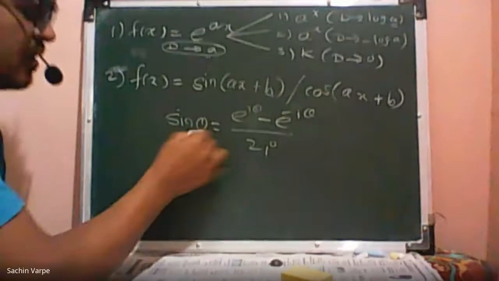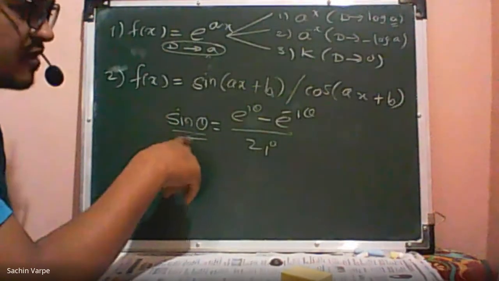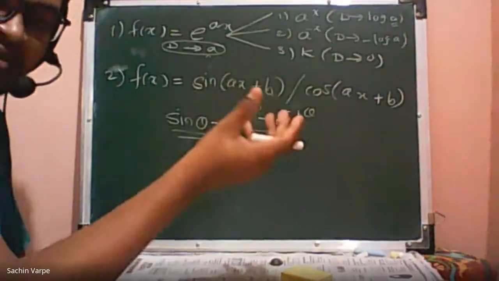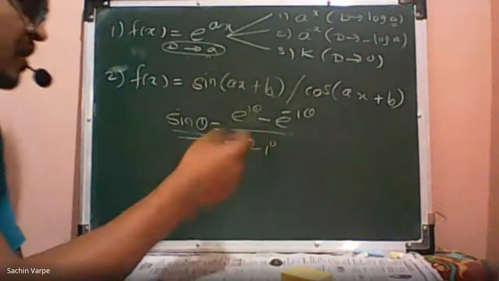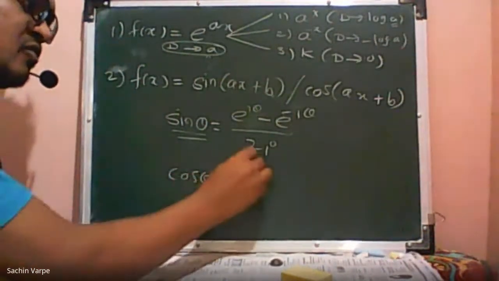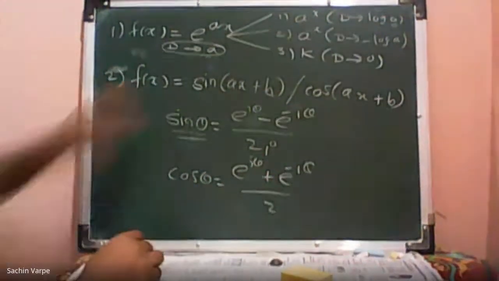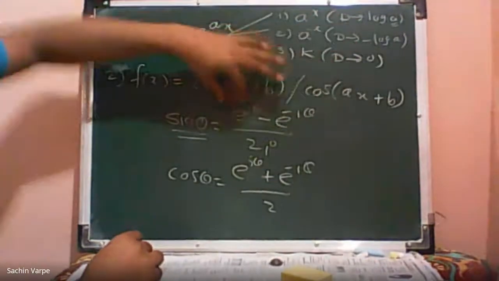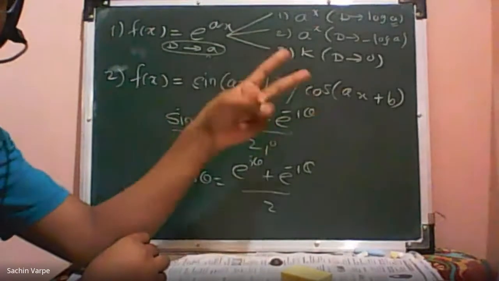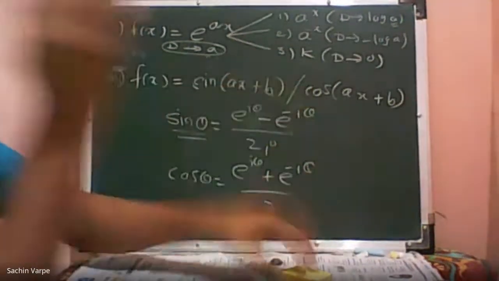A real function or real number, we can express in terms of complex, because actually reals are nothing but the complex, isn't it? Every real number is a complex number. Anyway, so sine theta is this, and cos theta is e raised to i theta plus e raised to minus i theta upon 2, isn't it? So I can express these functions in terms of exponential, and then I can use the exponential case. One and the same. In both the cases, you'll get the same answer, all or composite answer, isn't it?